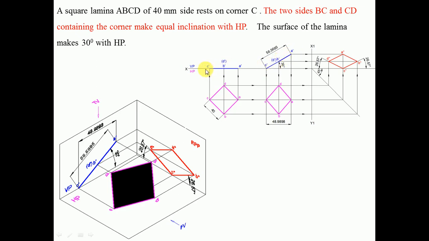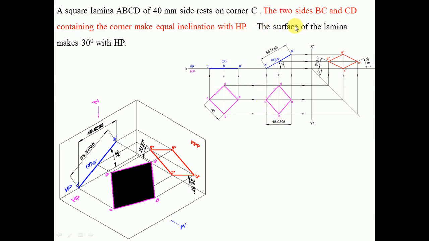Then measure the length from C dash to B dash. From C dash you cut an arc to get this point B dash D dash, and draw the vertical projectors. And then similarly from D you draw a horizontal projector. From C and A you draw a horizontal projector. From B you draw a horizontal projector to cut B, A, B and C respectively, and then complete the sketch.